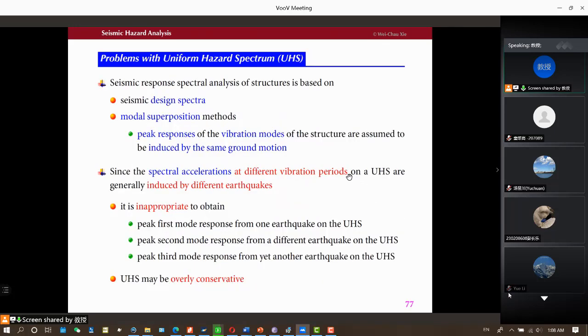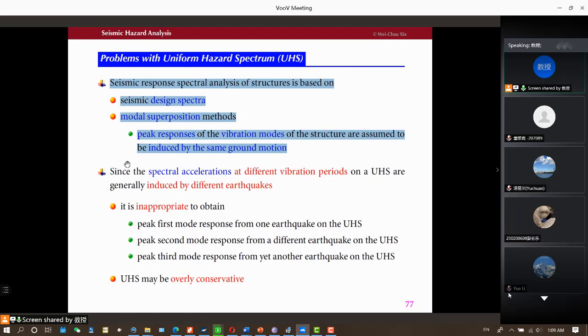Okay, so the uniform hazard spectrum is obtained from probabilistic seismic hazard analysis, PSHA, and is used based on the spectrum and the modal superposition method. We will look at this in a moment. So peak responses of the vibration modes of the structure are assumed to be in structural dynamics. However, as we discussed earlier, since the spectral acceleration at different vibration periods on UHS are generally induced by different